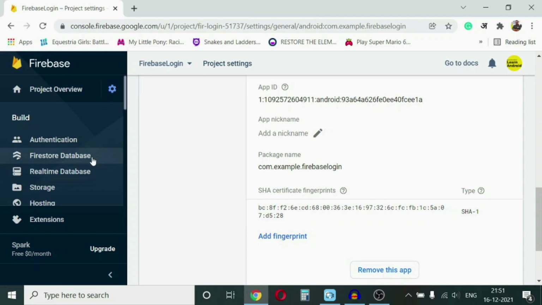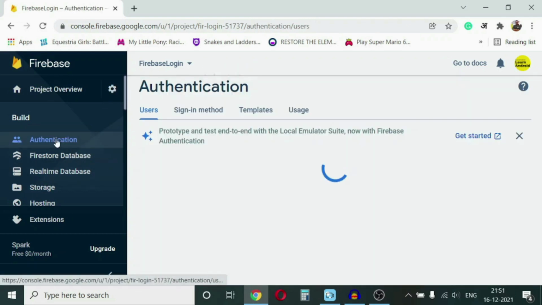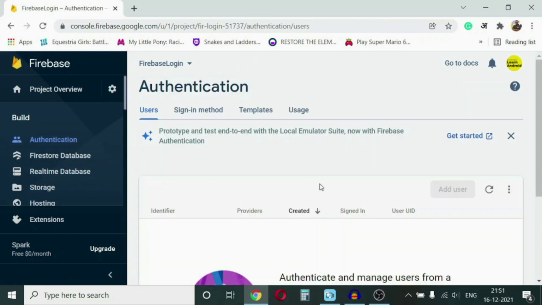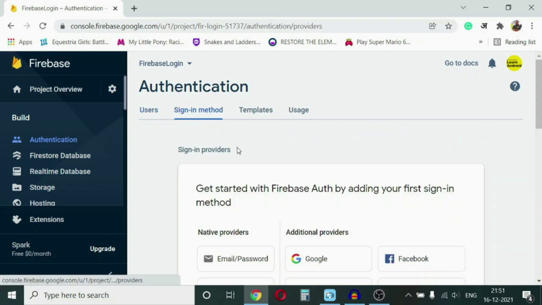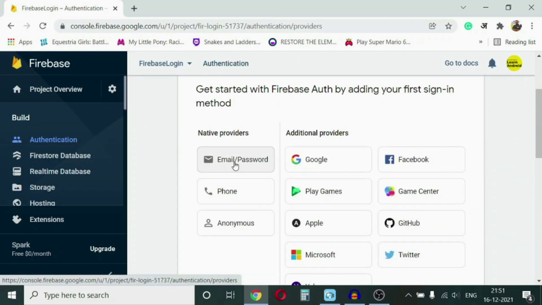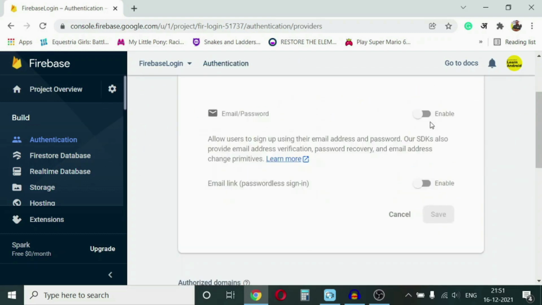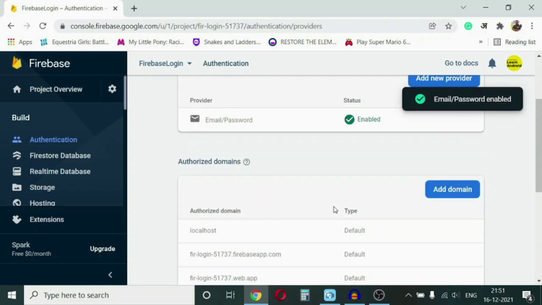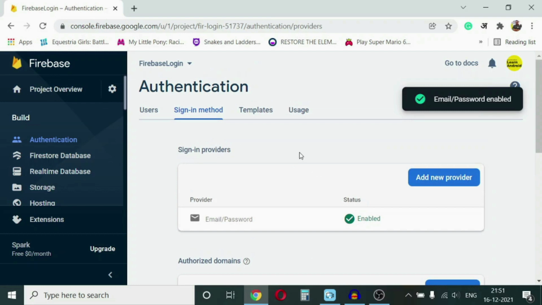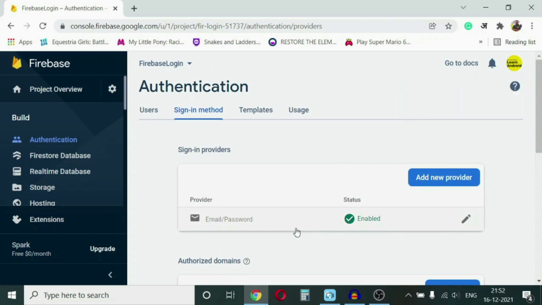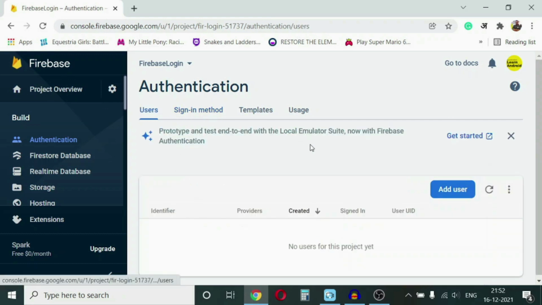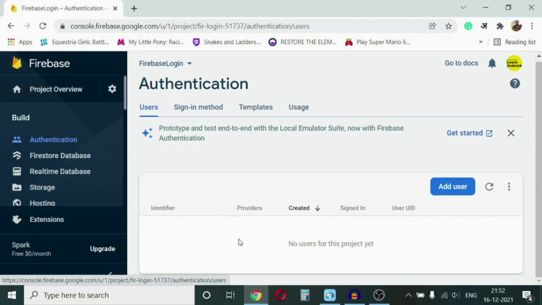Here we have to do one thing in the console. Go to authentication and sign-in methods and enable the email method this way and click save, so that it will be enabled for creating users by custom email ID. There are many methods given here. You can do it by Google or many different methods, but right now we are doing our project with the help of custom email ID. So we are enabling that.